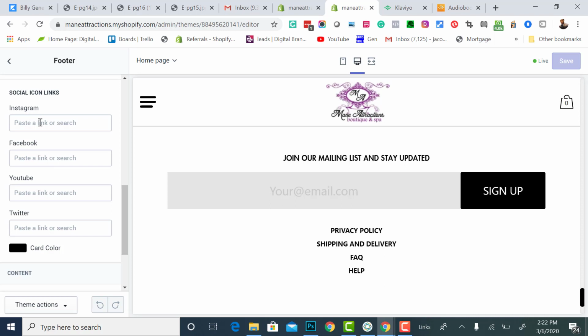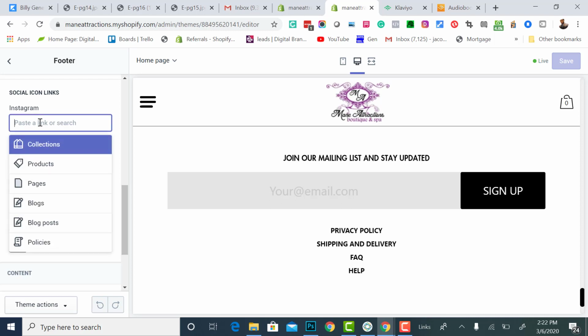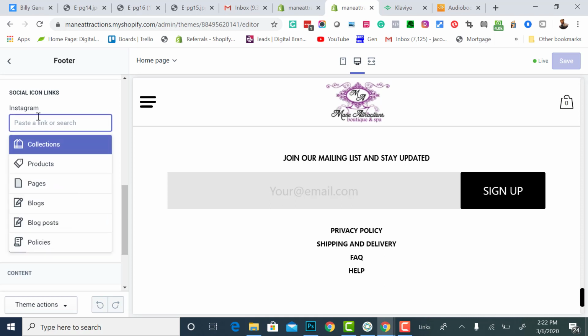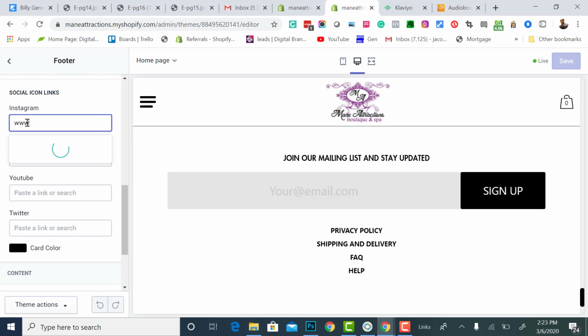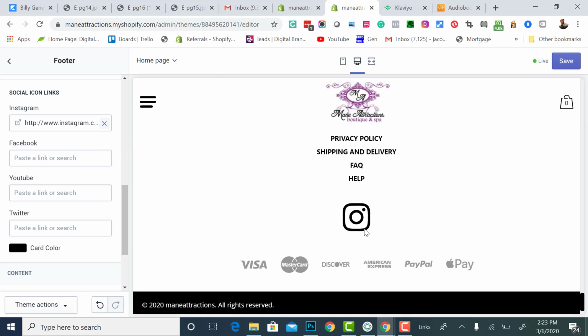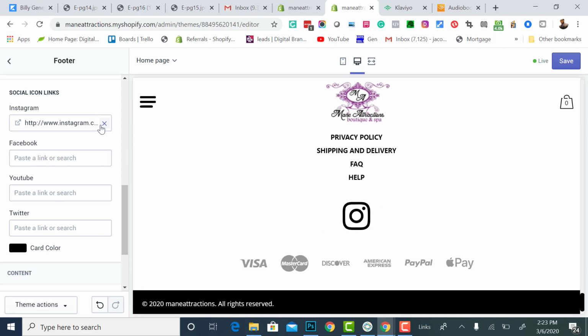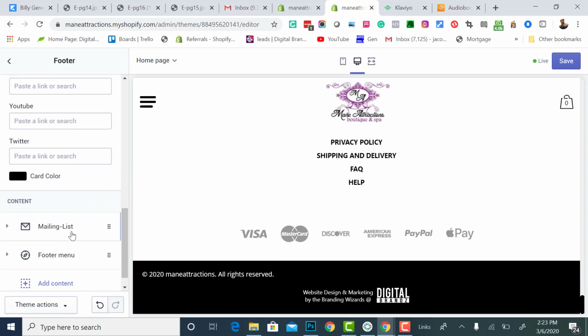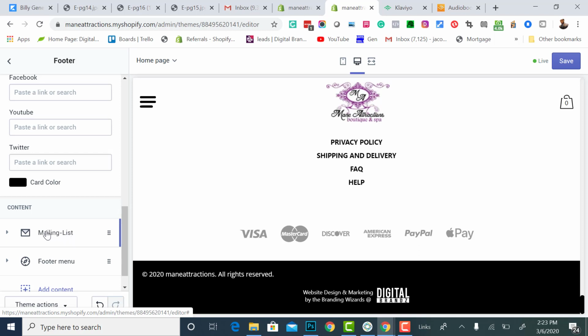So I'm going to give you a little bonus info on how to do that. To do your social media icons, you would type in the URL of the social media and then slash your URL handle. So for Instagram, if your Instagram name is John Doe, you would type in www.instagram.com/johndoe. So you always want to do a slash and then click the link right under it, and then the social media icon pops up at the bottom. I'm not going to spend too much time on that and skip right past it. I probably should make a separate video. We'll see. But we're going to click mailing list,